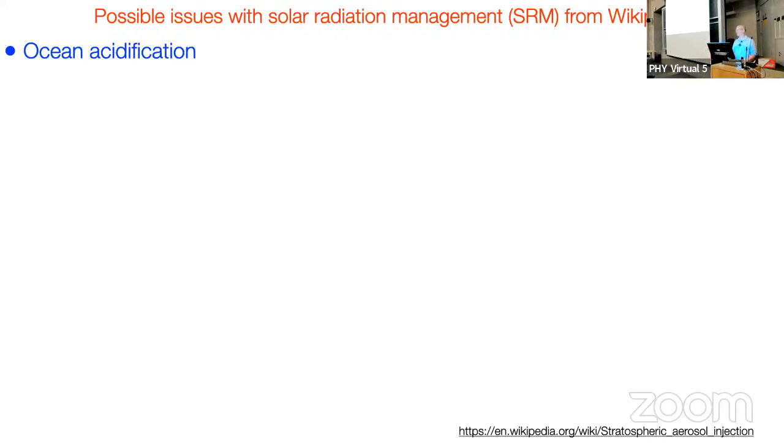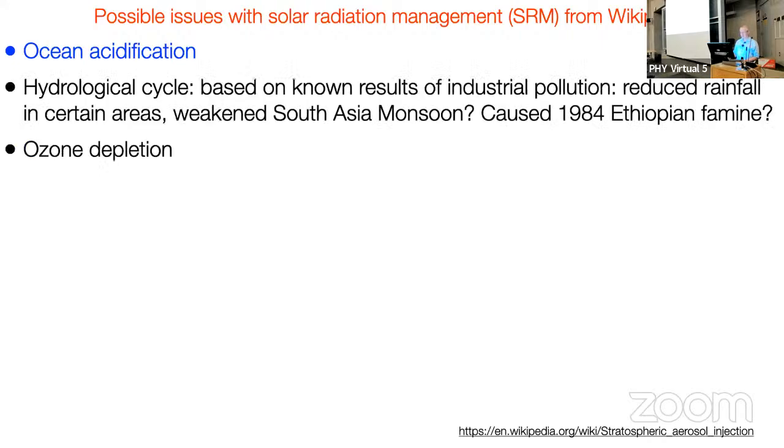So of course, ocean acidification is one, because if CO2 keeps rising, even if you compensate for the warming, the oceans still keep getting acidic. And you know that the concentration of H+ ions in the oceans already increased by 25%, right? pH is a log scale and all that, so that explains it. So ocean acidification is one problem. People mention problems with the hydrological cycle. You change the shortwave radiation, that has to have some effect. So maybe, for example, Ethiopian famine caused by volcanic emission that also emits sulfate aerosols and so on.